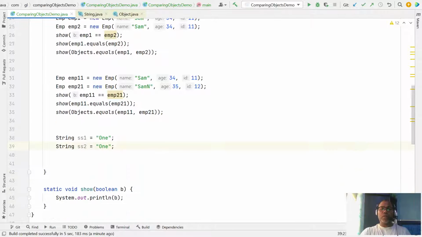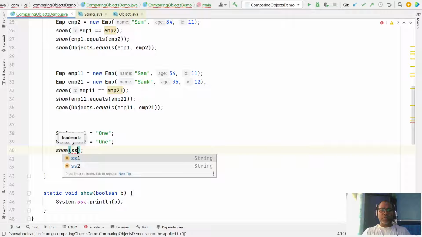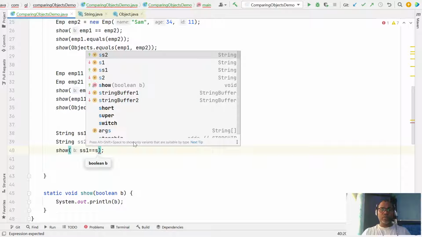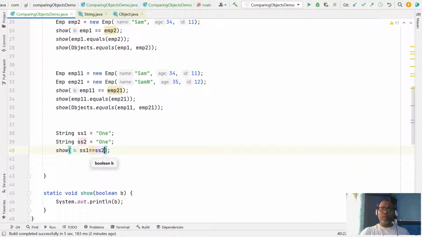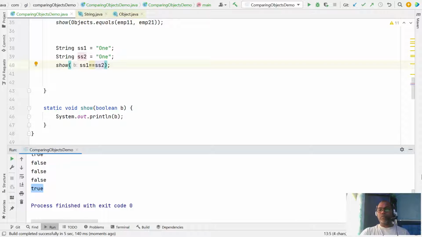In this case, if you say ss1 double equal to ss2, it will return true.